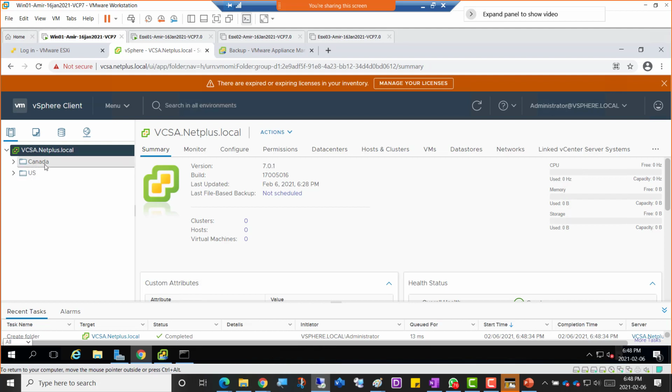So in Canada, I'm going to right click here, and then in US as well. Let's right click and go for a new data center here. It doesn't have to be two folders, it could be just one folder, maybe North America, that's it. And then you can create the data center however you want. New data center, I'm going to right click on the Canada,